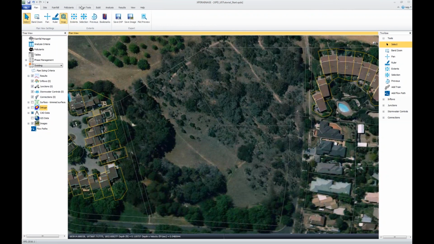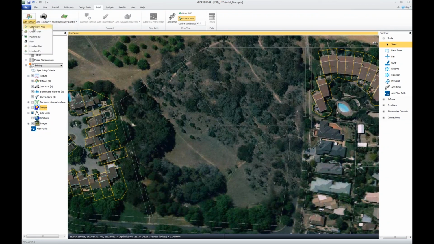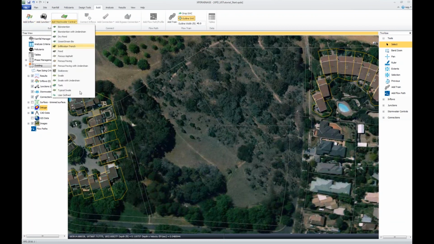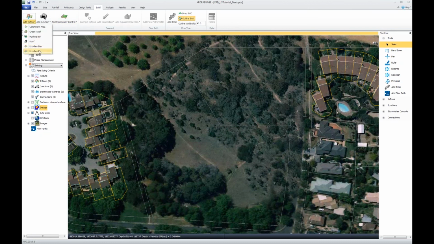So let's begin. I happen to have several templates, something I've spoken about previously if you've seen a webinar before, but templates are really useful. I can define any number, so these are inflow types, junctions or manholes, and a range of different stormwater controls. This is how I can customize the tool for my project or my area. If I input a design criteria once, that can be used again and again and again. For instance, I'll start with this urban residential